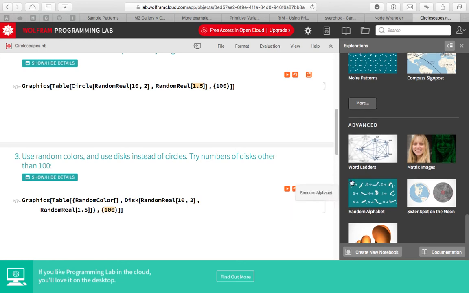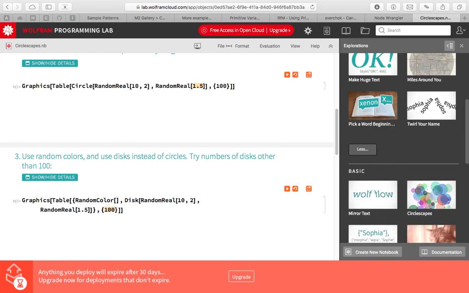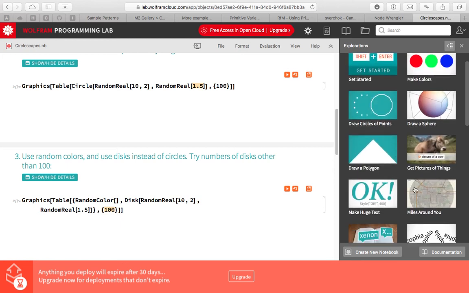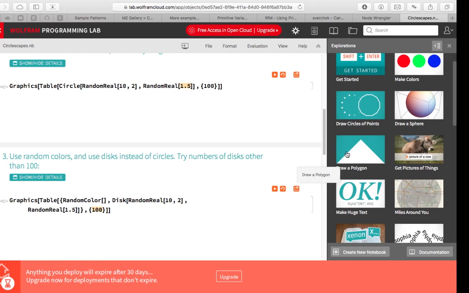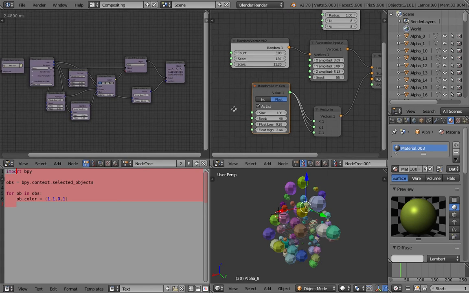And this one, random alphabet. I think with Wolfram you can also do a neural network. You can teach the computer to learn hand drawing. It's trying to do a lot using one tool. That's Wolfram. But anyway, I think some of the lessons here are worth looking into, and if you understand that, then try to port it to Blender and Python and nodes, it's somewhat